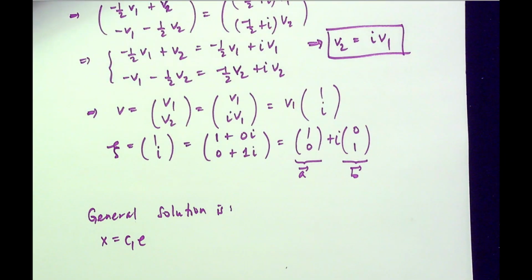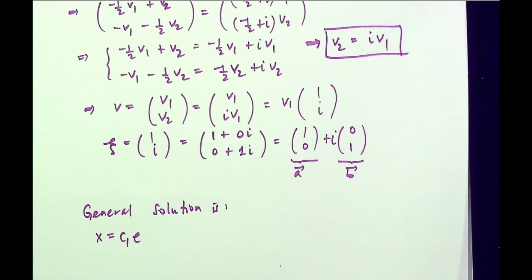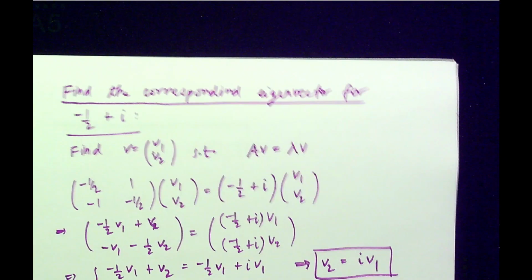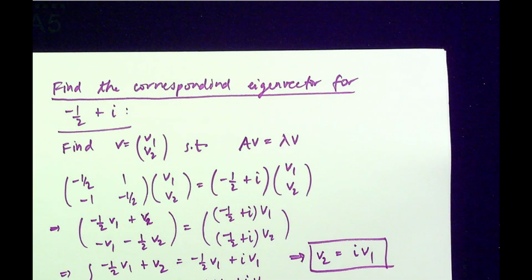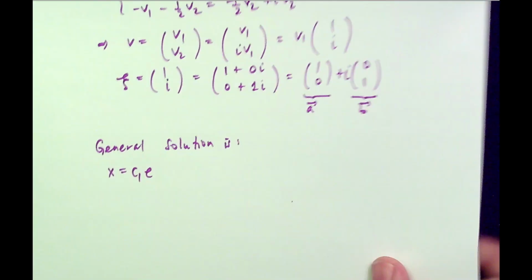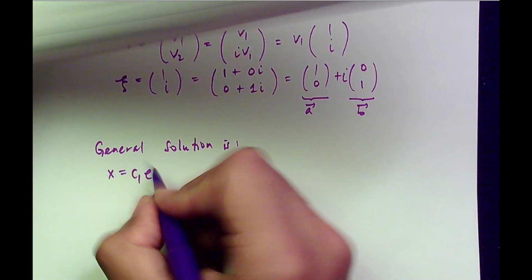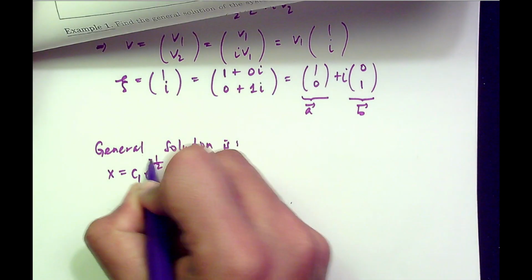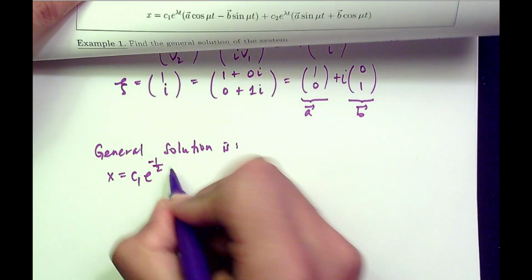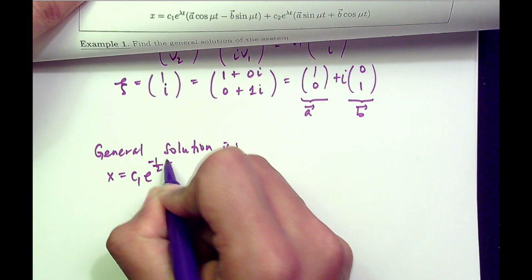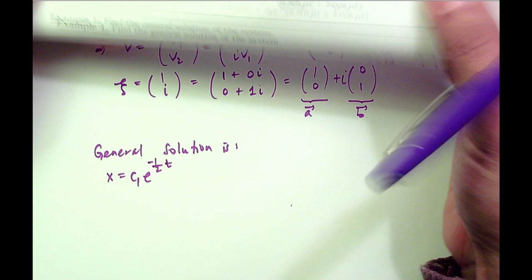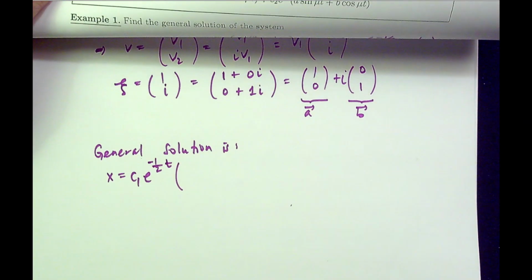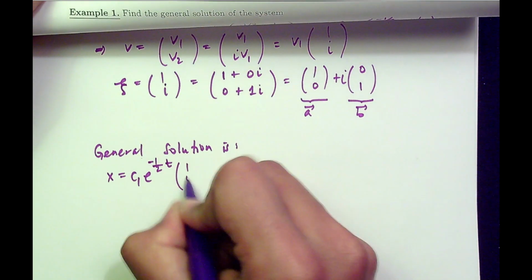So the real part of the eigenvalue is negative a half, and the imaginary part of the eigenvalue is 1. So you have negative a half t, so you can write negative t over 2, that might look even better, and then parentheses, now A, which is (1, 0),